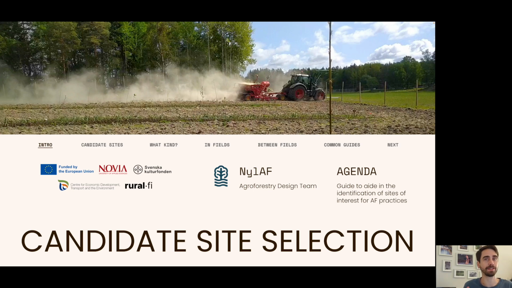we can modify it. Today, you're here, hopefully, for the candidate site selection phase of your case study creation. So this is the phase in which we need to look at your whole farm and use some very basic high-level patterns to decide, okay, where would the most appropriate places be to do the kind of agroforestry that I'm interested in. To help you with that, we have this lecture, and then afterwards there'll be individual videos on 6